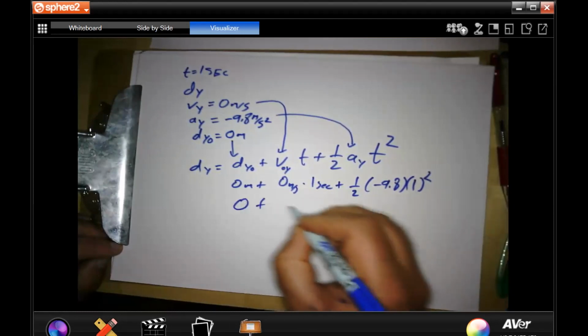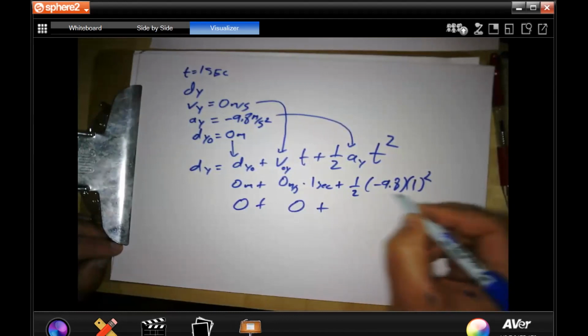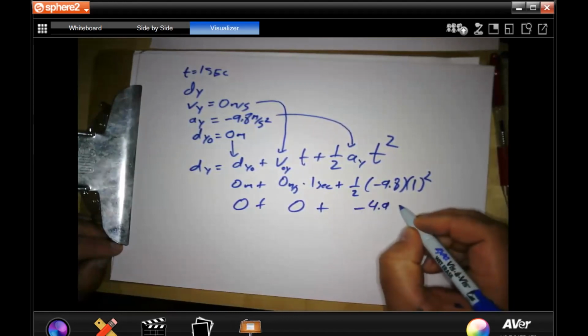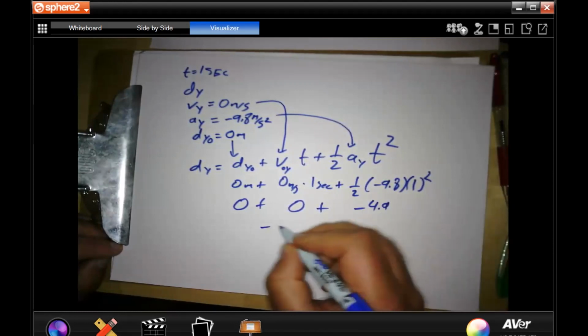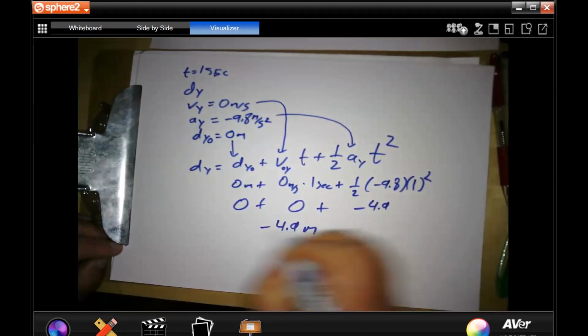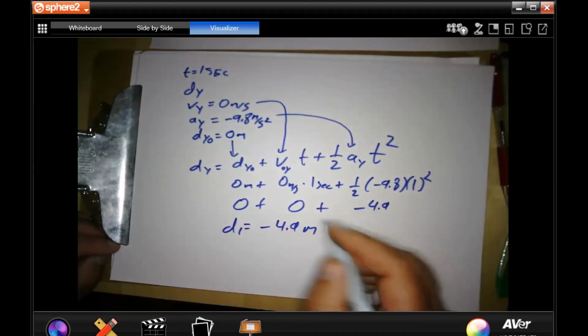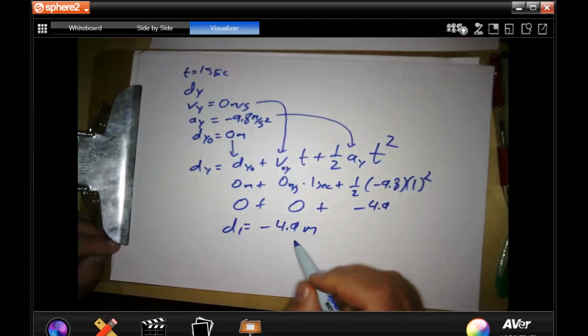Okay, 0 plus 0 plus negative 4.9. All right, so that is where you'd put in your first distance in the y